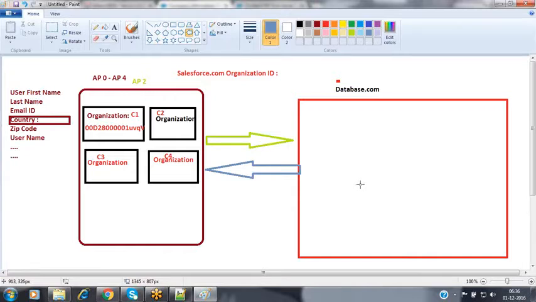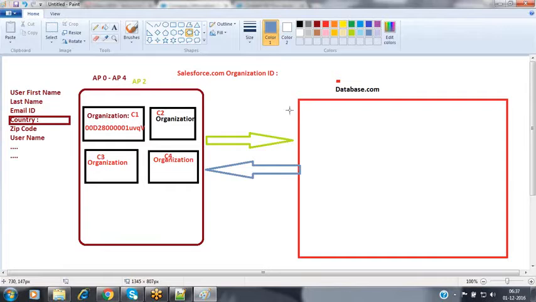How does Salesforce maintain the security for the records available inside the same table, which belong to different organizations or different users? So for that, security features came into the picture. Sorry, one more question, Firoz.